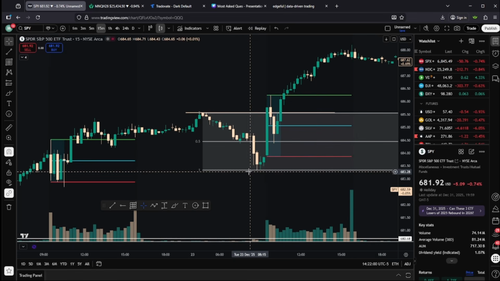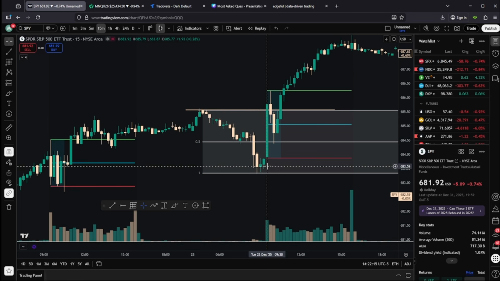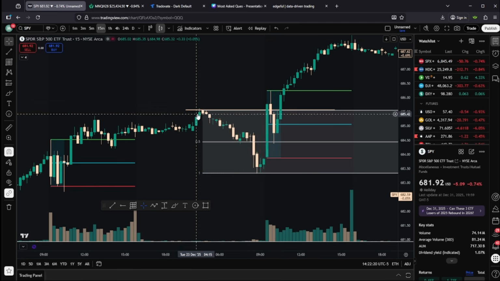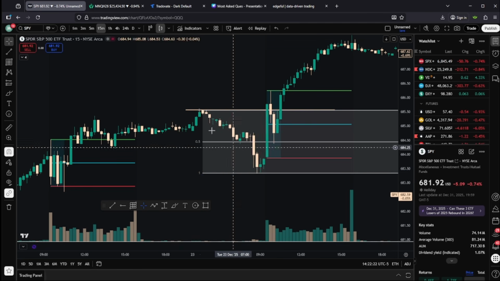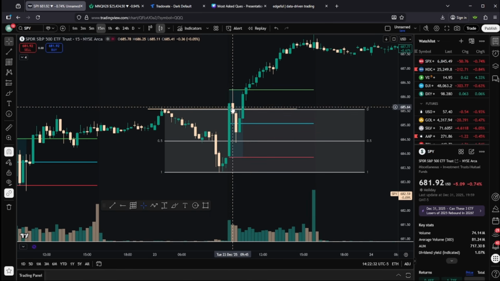London 50, for those that don't know, even for those of you that do know, the London 50 is any high or low made during pre-market session for New York. I know it's not the actual London session, but I just gave it the name London 50. So 4 a.m. to that 9:15 15-minute candle or the 9:30 open. Any high or low made in that time frame, you mark the high, mark the low, using the gone box or fib retracement, whatever you want to use to get 50%. Mark out 50% and then look for entries off of that London 50.